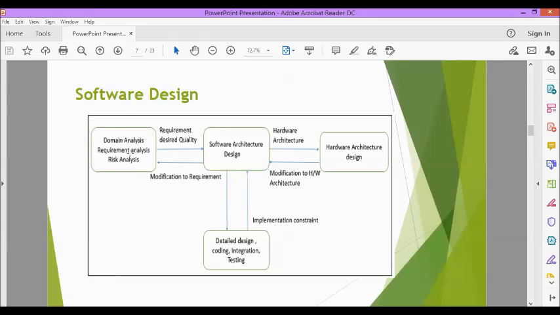Sometimes we are asked to create or develop a new system for a certain company, and sometimes we are asked to modify or enhance an existing system wherein we can only add new components or new elements inside the system. The technique used to identify and assess factors that may jeopardize the success of a project or achieving a goal is a risk analysis. So we have here the required desired quality, and then we have the software architecture design, which